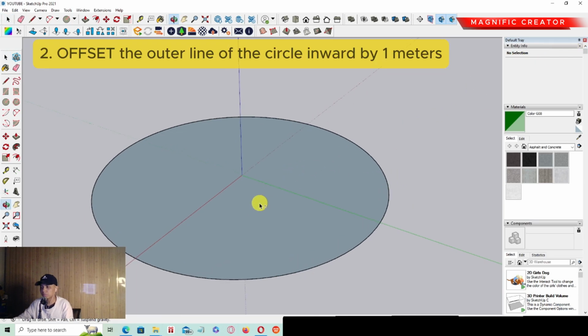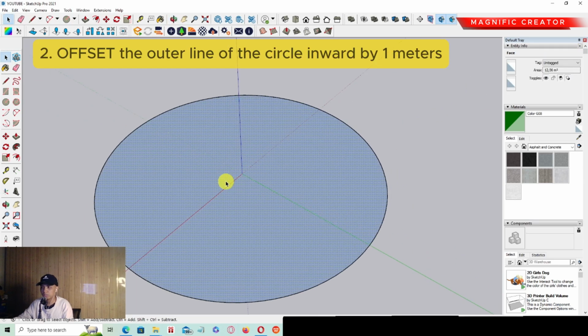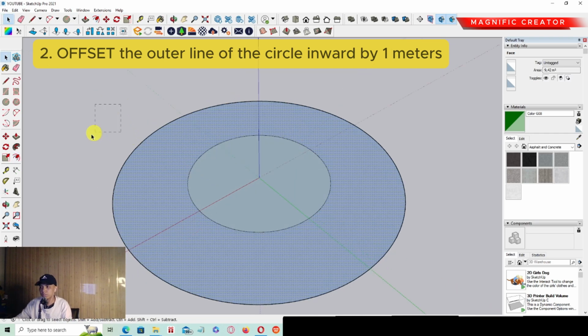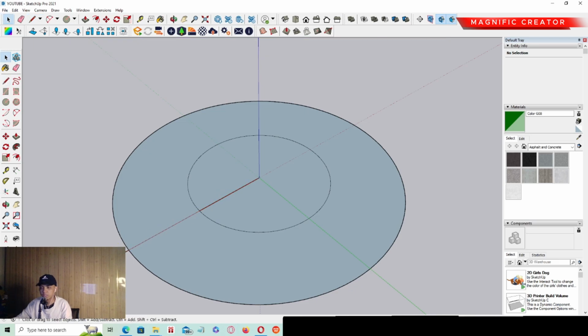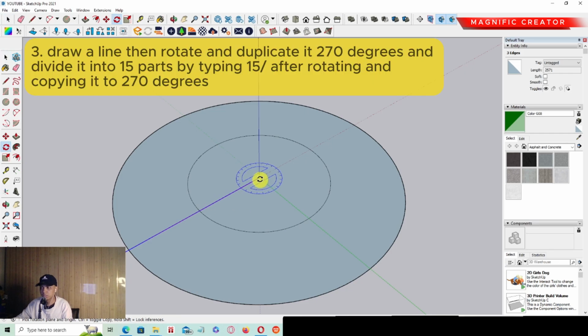You can offset it inside with the offset tool, maybe around 1000 millimeters or 1 meter. You can also make a line starting from here until this position, and select this line in this position. Then we can select rotate, and we can rotate it until